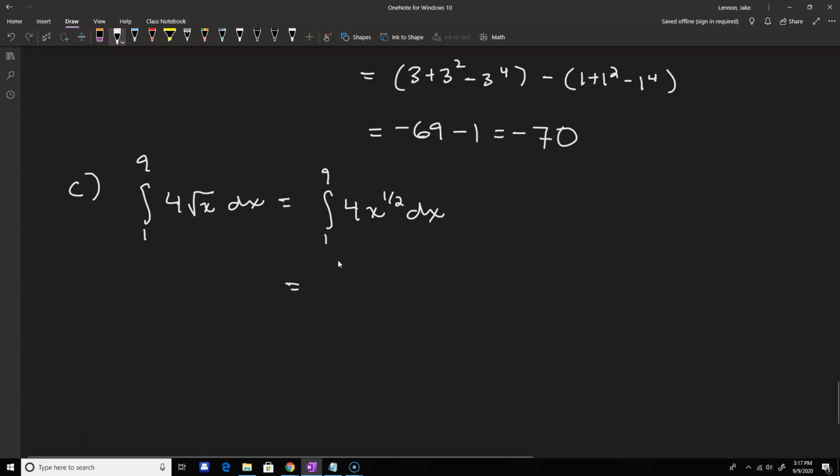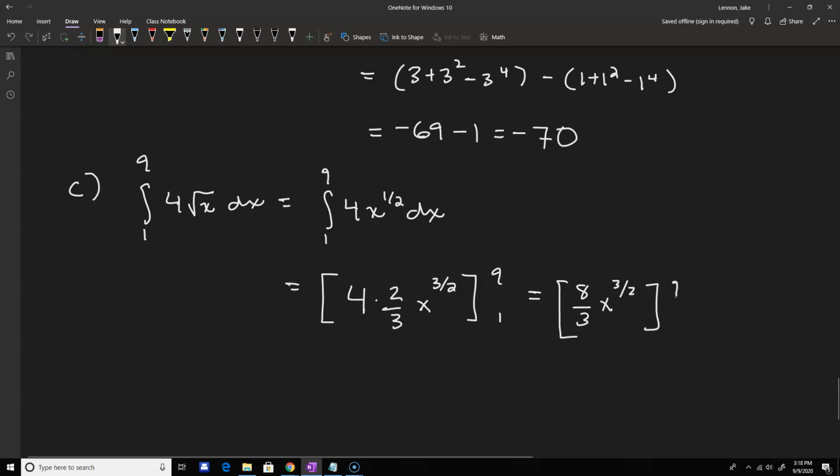So when you're finding the antiderivative, we've got a 4, and then we want to add 1 to the power. So 1 plus 1/2 is 3 over 2, but then we need to divide by 3 over 2, which is the same as multiplying by the reciprocal 2/3. So that's what we have here, going from 1 to 9. So this is the same thing as 8/3 x to the 3/2